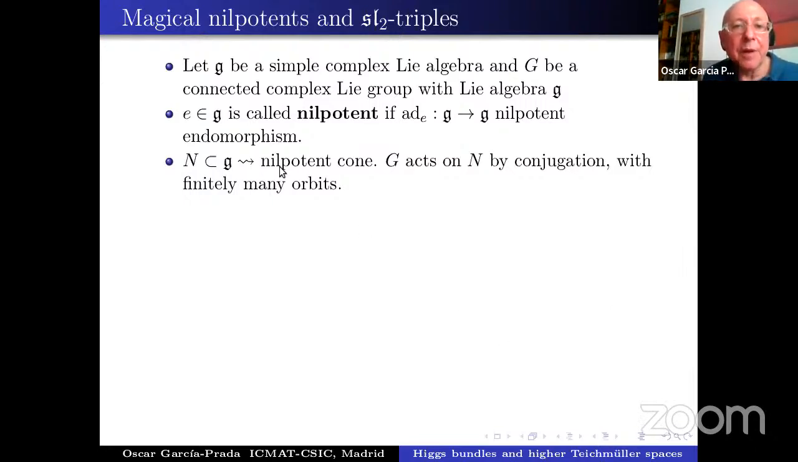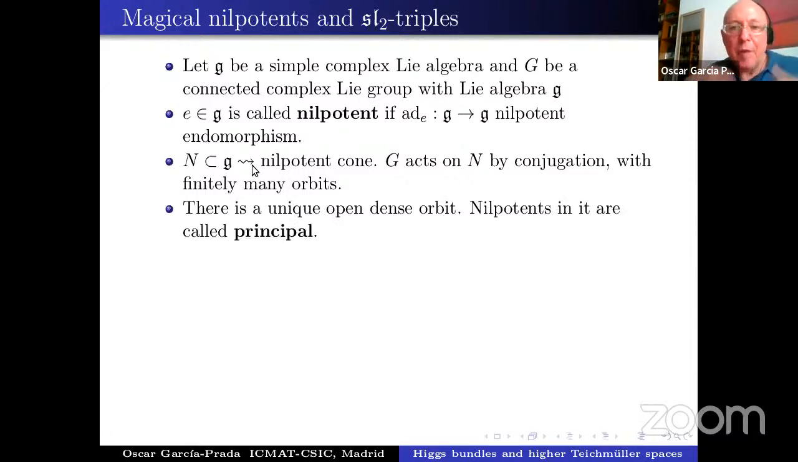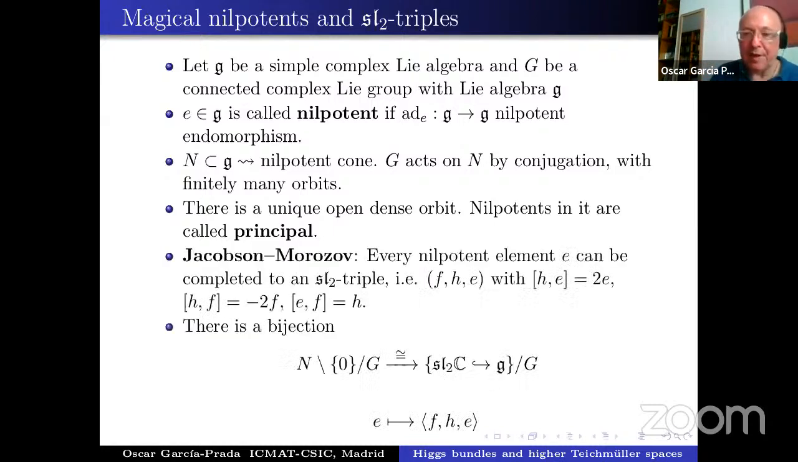So we start with a simple complex Lie algebra g. Remember that an element in the Lie algebra is nilpotent if the adjoint action is a nilpotent endomorphism. So we have the nilpotent cone inside the Lie algebra, and the group acts on the nilpotent cone by conjugation. There is one important orbit, the so-called principal orbit, which is the unique open and dense orbit. And there is the important result of the Jacobson-Morozov correspondence that tells you that